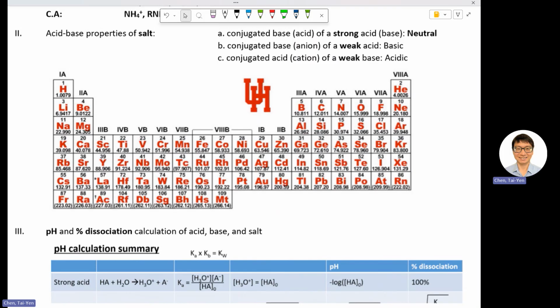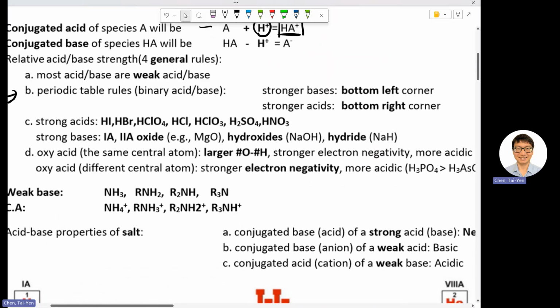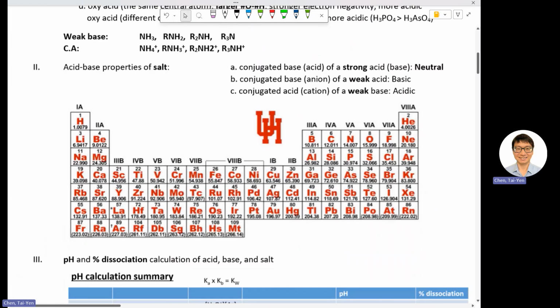Okay, so I'm going to show you a few rules that you really want to know. The first thing I say, and I want to highlight this first: if your acid is not too crazy, if it's a binary acid or binary base, meaning you have a center atom, and then you have H or OH minus, those kinds of acid or base. So if it is a base, they are going to have, okay, so the stronger acid